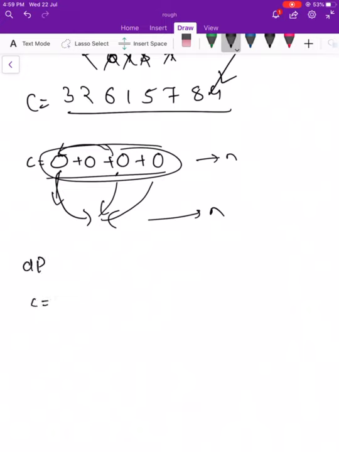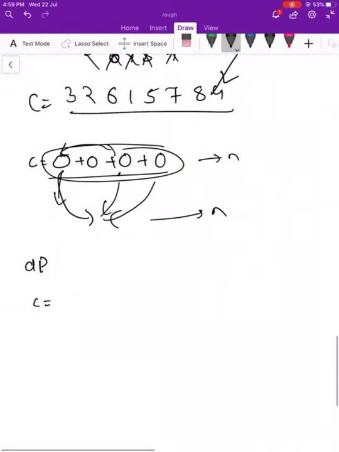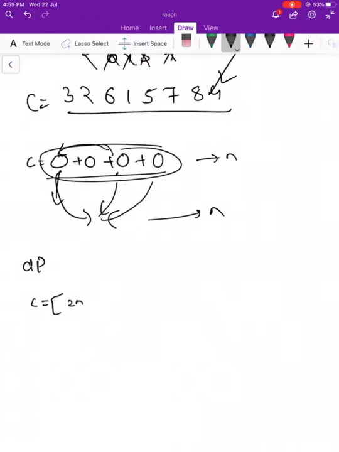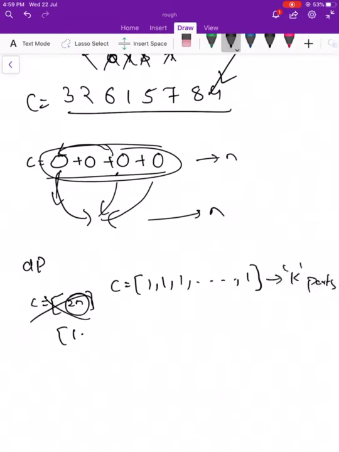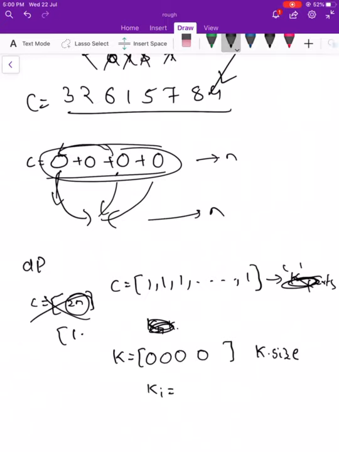Let us say in C we got some parts. At max you can get 2n parts, each having length 1. So at max you can get 2n parts. Let us say you got k parts, each having some length k1, and so on.